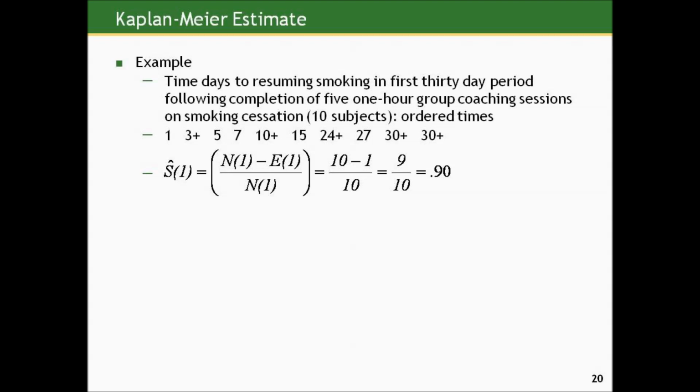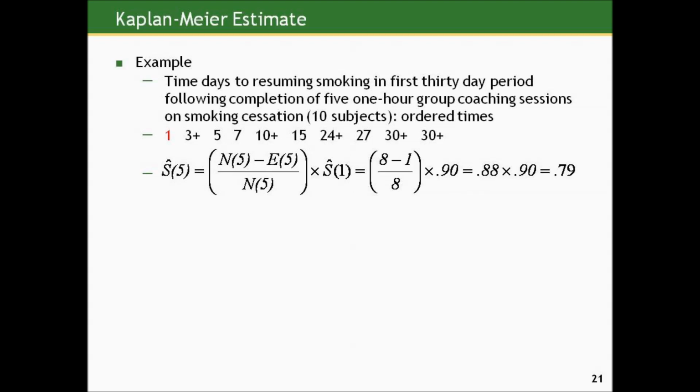And what proportion of the original sample we started with was around right before day 5? What was our estimate based on the proportion who made it beyond the previous event time, the 90%? So 88% of the 90% who could have had the event did not, which translates into 79% of the original sample remaining cigarette smoking free beyond 5 days. And you can flesh this out and do it on your own, and here's what the curve would look like